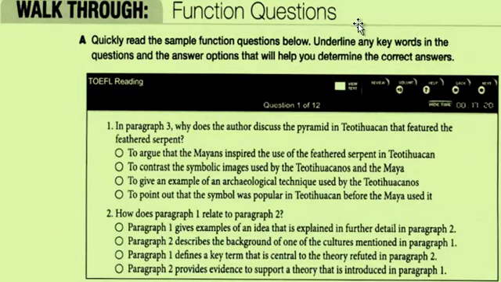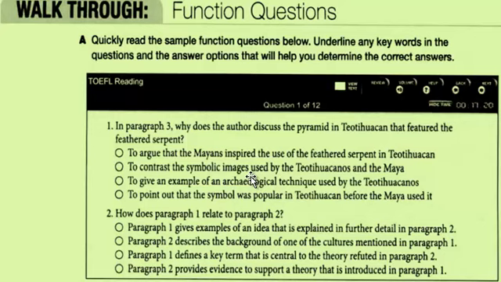Walk through، یادگیری قدم به قدم: function questions، سوالات کاربردی. Activity A: quickly read the simple function questions below. Questions دو سوال است، 1 and 2. وقتی که میخوانین, underline any keywords in the questions، واژه های کلیدی اول در دو سوال شما زیرش خط بکشین, or highlight it, circle them, an answer option that will help you determine the correct answer. And try to analyze the answer options، گزینه های جوابات که برای شما داده شده است، داره میخوانین که کدام از این سوال با این زیادتر ارتباط داره. Then go through the passage، بعد از او باز میری روی متن. باز هم برای شما میگم this technique called